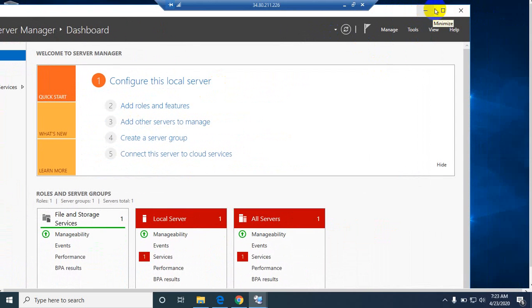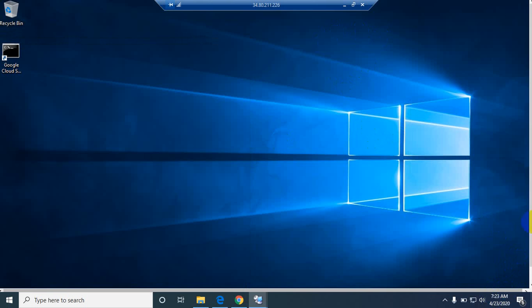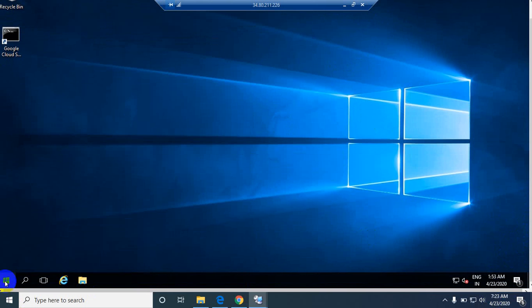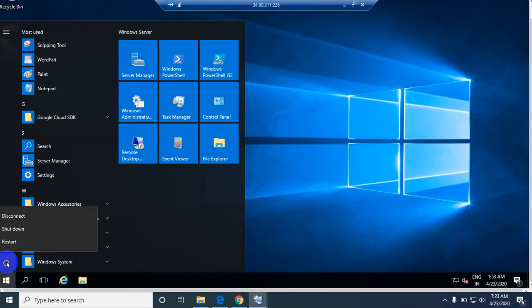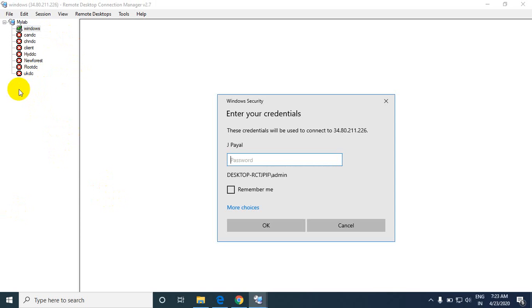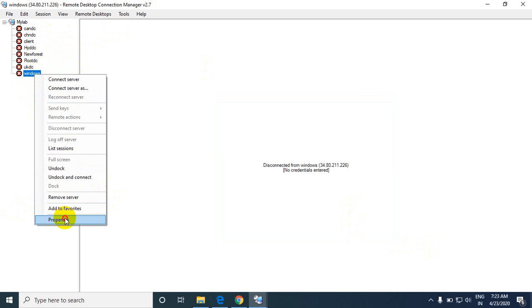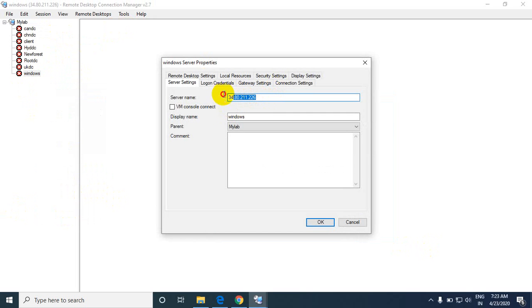So let me close this, click on this, select, okay, this is the instance. Click on this, click on disconnect. Alright, so once you select disconnect, it will be disconnected from the remote desktop connection manager. You need to remember, every time before logging in to the VM instance, always check the external IP. See here, the external IP is